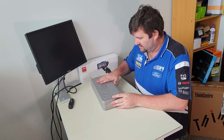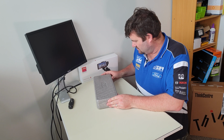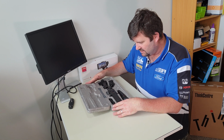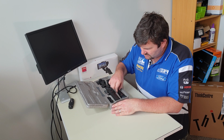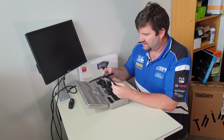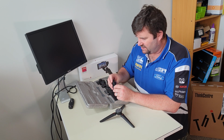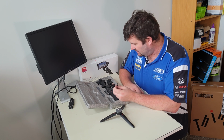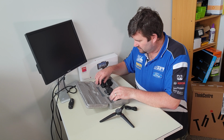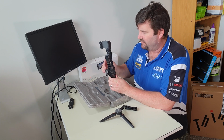Okay, look at this. This is lovely. This is like a foam sort of cover box. Ah, and there we have it. So this comes with a little stand, a little tripod stand, a USB to USB-C connection cable, and of course the unit itself,